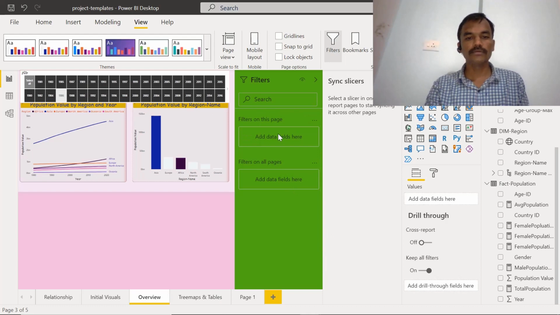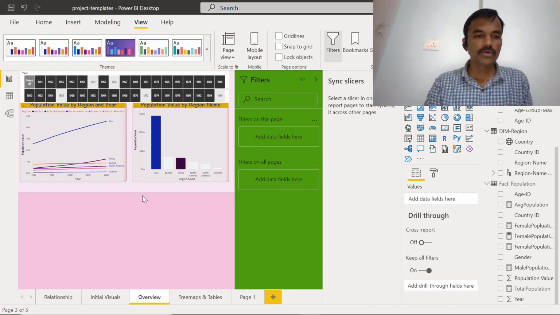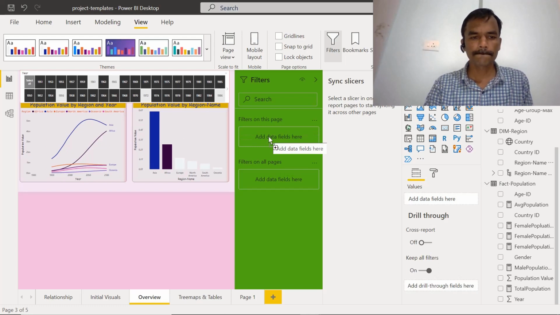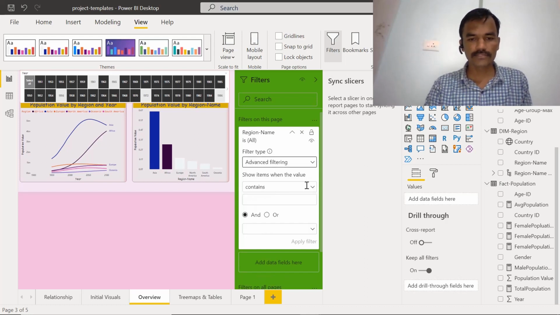Let's try to see filters on this page. If I wanted to add filters on this page only, how can we do this? This is the filters on this page, and I wanted to apply a filter. Let's try to add a region filter here. This is again basic filtering, where we can select different regions, or advanced filtering, where we can specify operators.